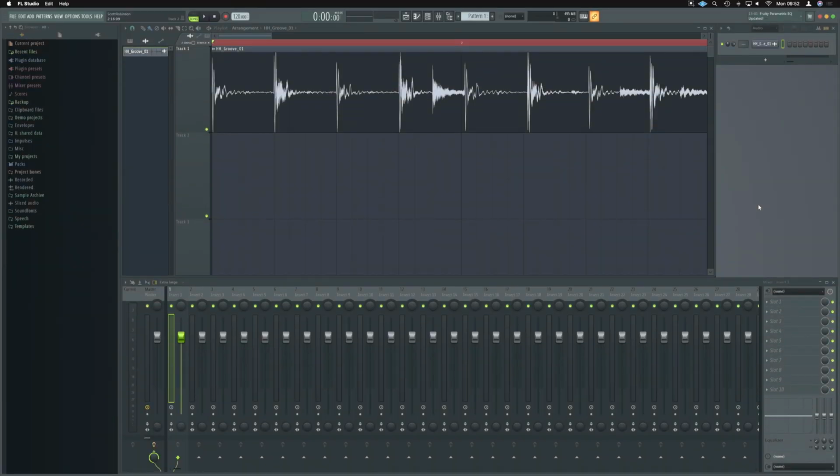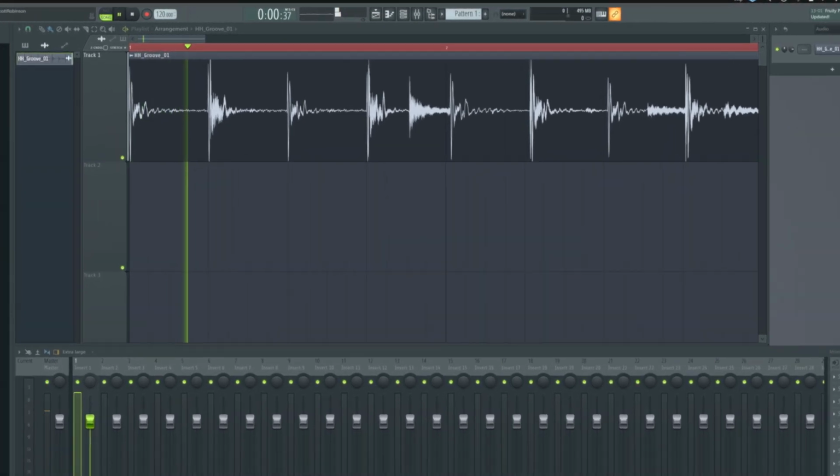Okay, so here we are in FL Studio. Just to guide you through what we're going to do as an example here to fix it, I've got this piece of audio up and it should be on beat at 120 BPM, but it drifts out very, very quickly. So when we loop it round,